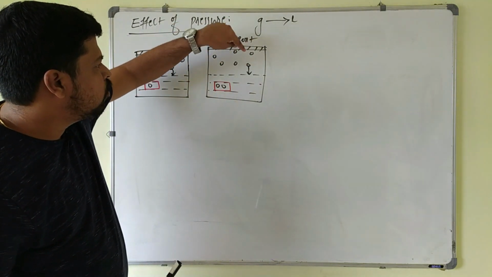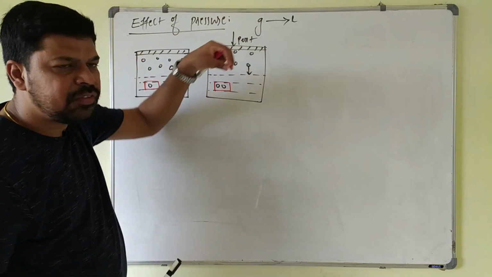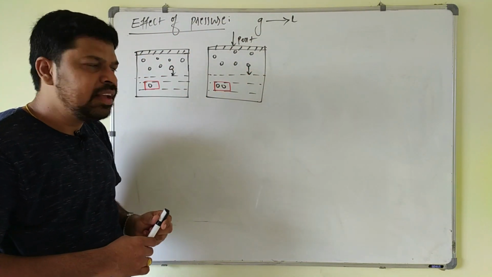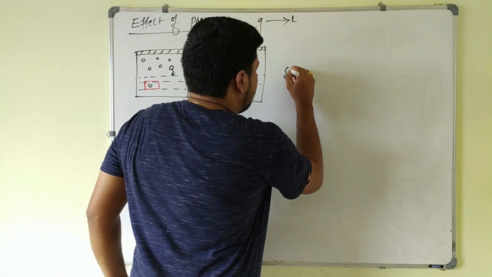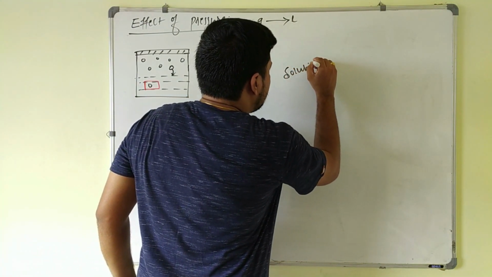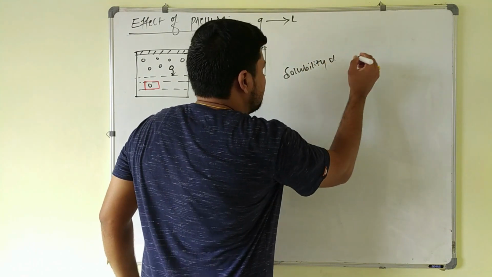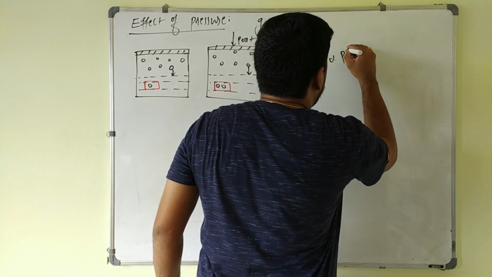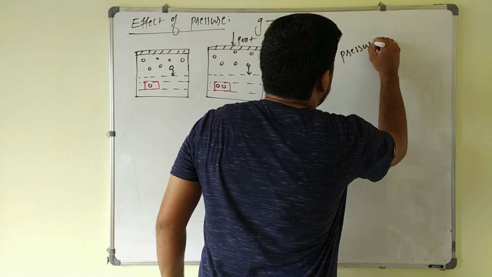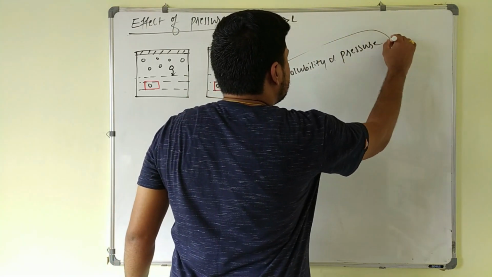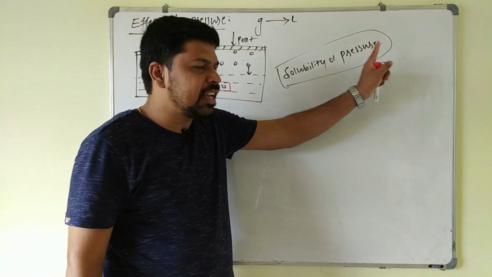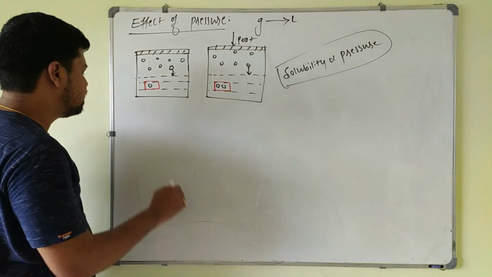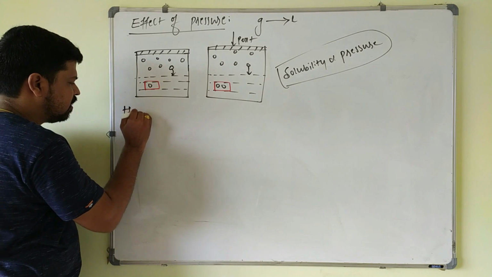When pressure is increased, more gaseous molecules will strike the surface of the liquid and enter into the liquid here. So that's why the solubility of the gas always increases with increase in the pressure here. Solubility of gas is directly proportional to the pressure on the gas. As the pressure on the gas increases, its solubility in the liquid also increases, and this effect was explained by the scientist Henry. And now we will discuss Henry's law.